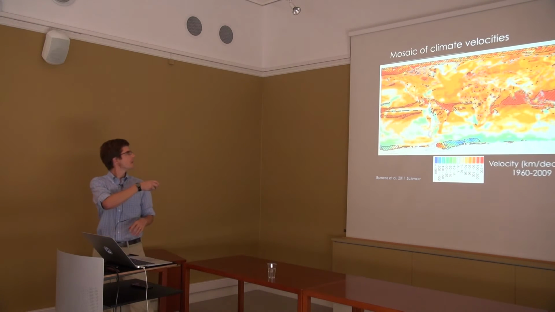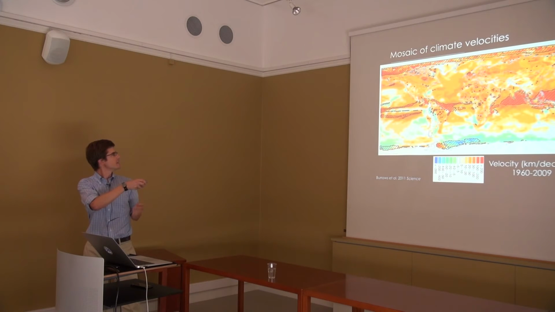This map shows climate velocities globally. You can see North America, Europe over here. Areas in white have climate velocities near zero. Areas in dark orange are climate velocities over 200 kilometers per decade. So there are a couple of things to take away. One, climate velocities can be very rapid. This is over the last 50 years. And also there's a lot of variability from one place to the other. It's not a uniform pattern globally.